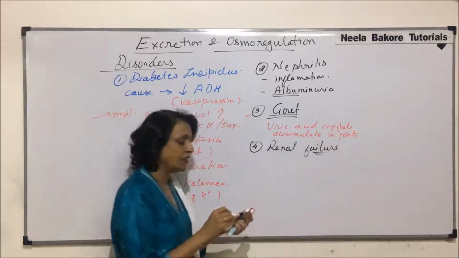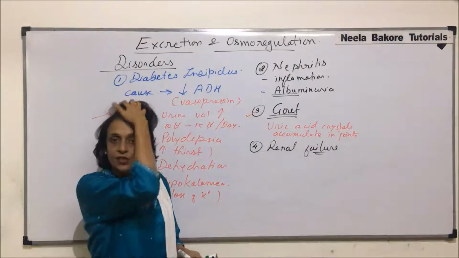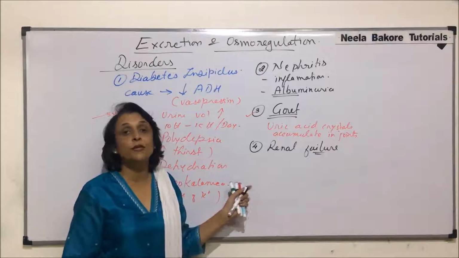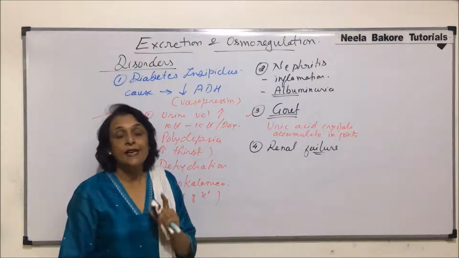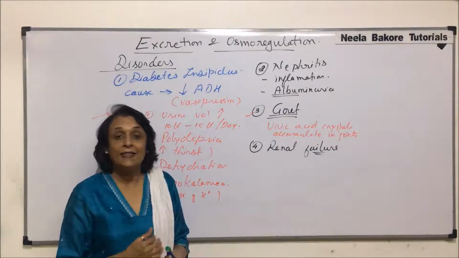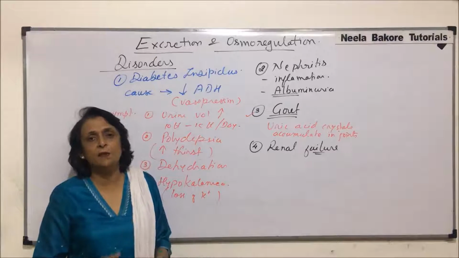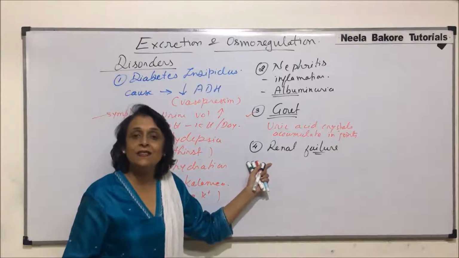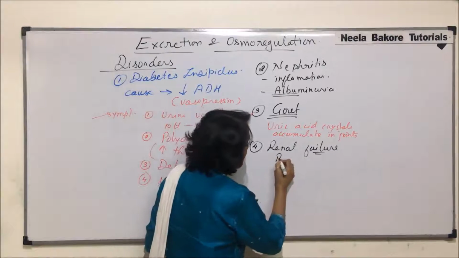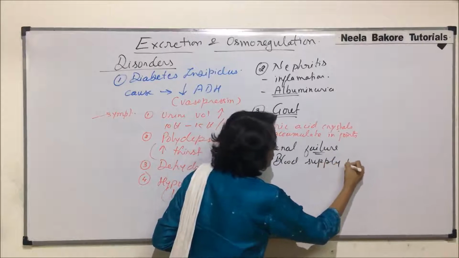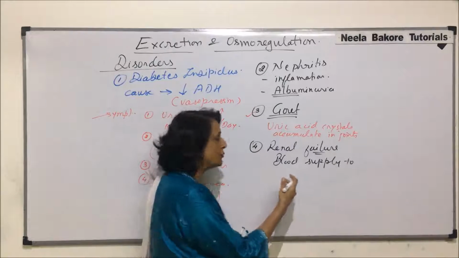Now, in this renal failure, there are two conditions. It can be an acute renal failure or it could be chronic renal failure. In acute renal failure, normally it is reversible, and in chronic, it is invariably irreversible. Now, what exactly happens in renal failure is the blood supply to kidneys and finally to nephrons